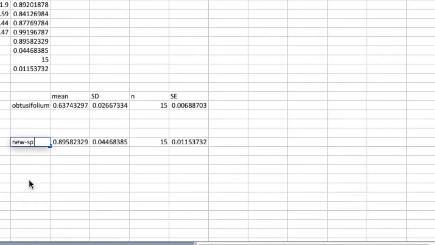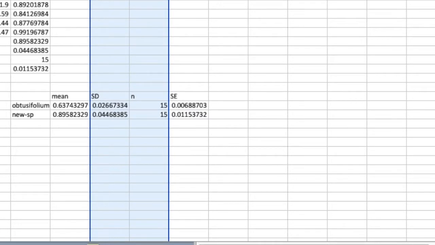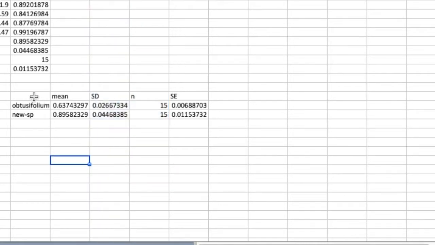New species. Then I don't need these lines in here, so I can delete them, which is just Control minus. I actually don't need the standard deviation and the sample size really either, but I can just leave them there. I could delete that, but I think it's okay. So then